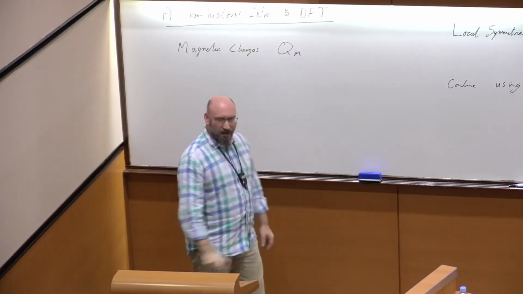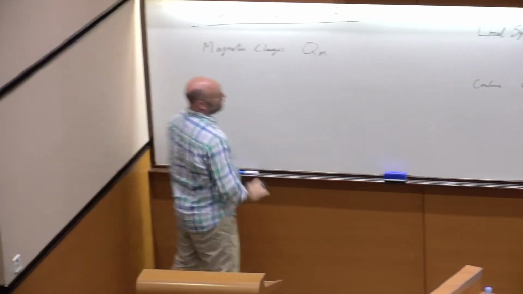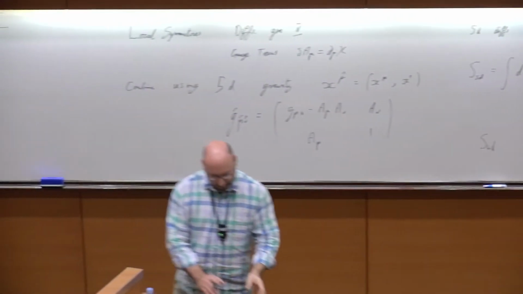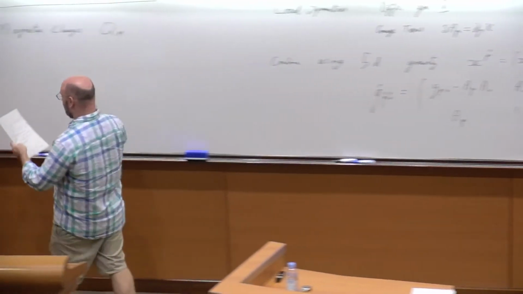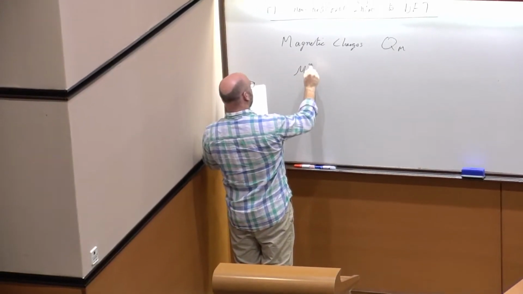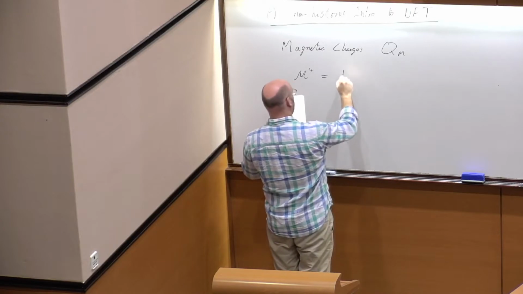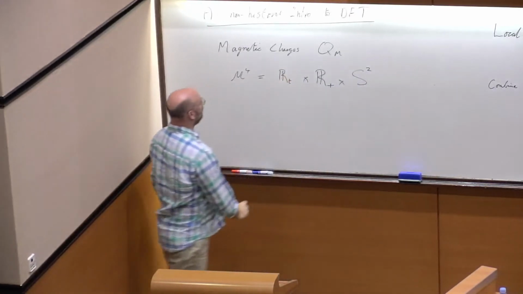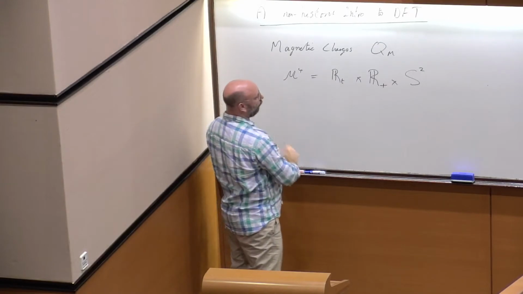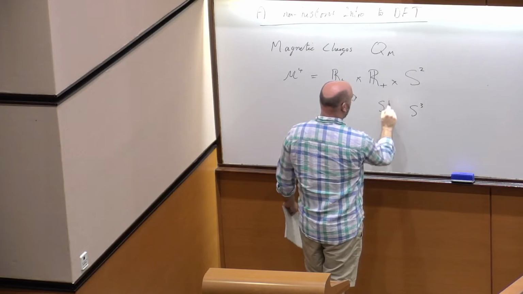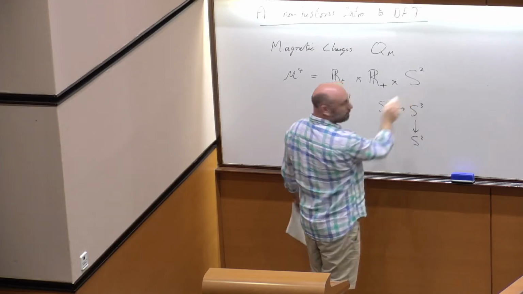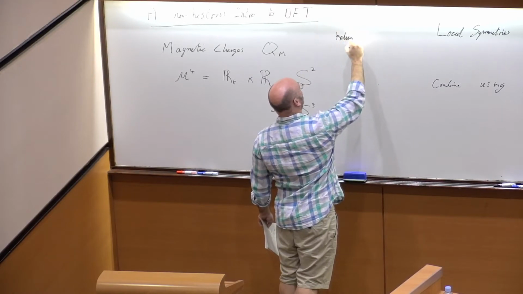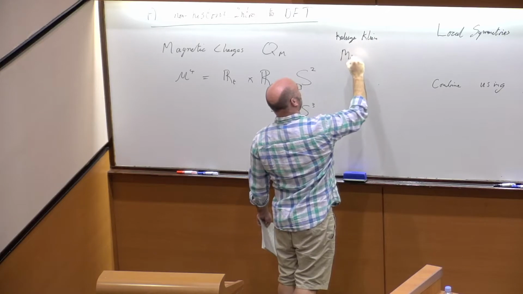And then you realize that the resolution to that is that you require that this is only locally true in a patch, and that you require the S1 to fiber non-trivially, so that what one does is one writes the M4 as being, you take out time, you go to polar coordinates, cross S2, and then instead of having S1 cross M4, we now construct, let's say for a single magnetic charge, the Hopf fibration of S1 over this S2, and then this will give us the so-called Kaluza-Klein magnetic monopole